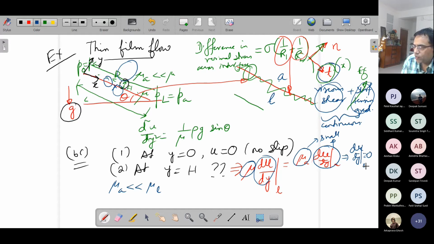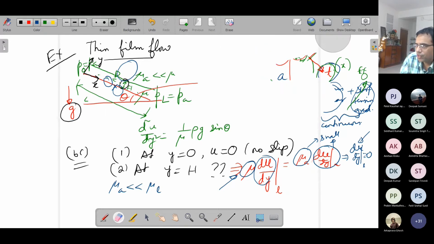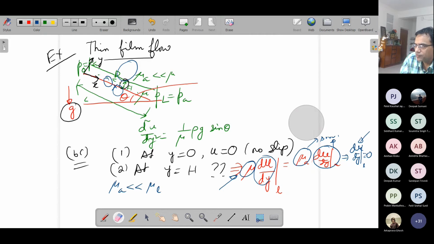All the problems which are solved in the books related to this either will start with this or will even directly consider this. But the assumptions that are coming are very critical, because if the problem is slightly changed where this assumption is not valid, and if you still follow this boundary condition, that will be a wrong solution to the problem. So now with these boundary conditions, let us solve the problem.